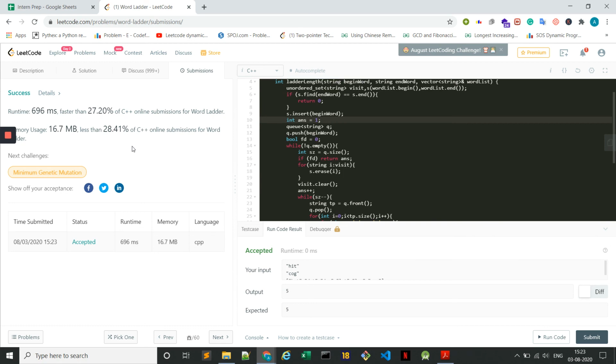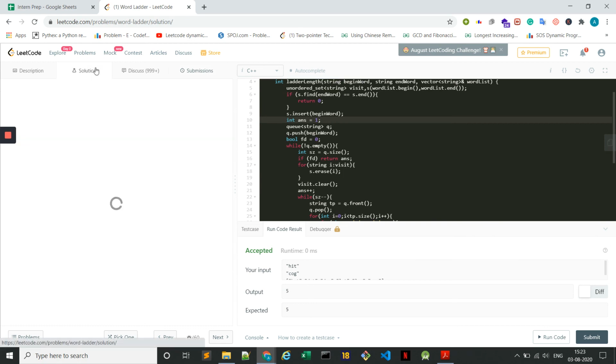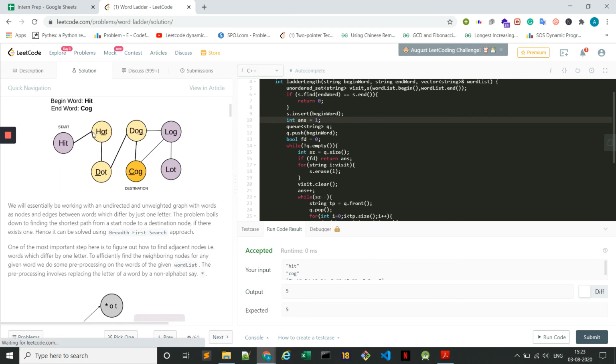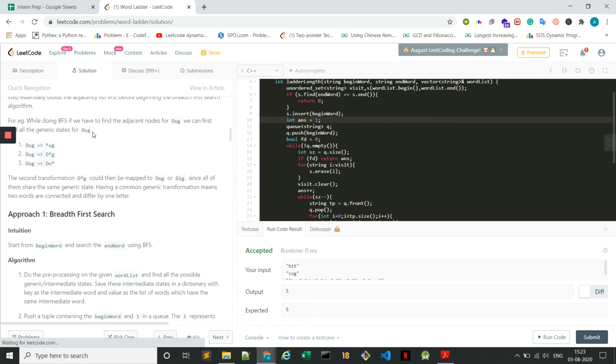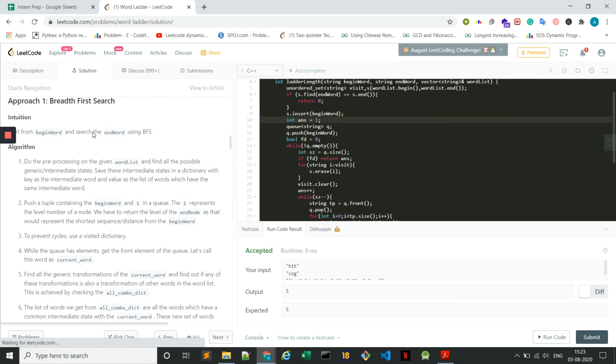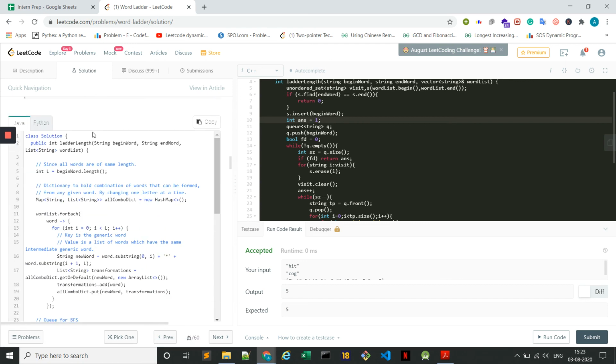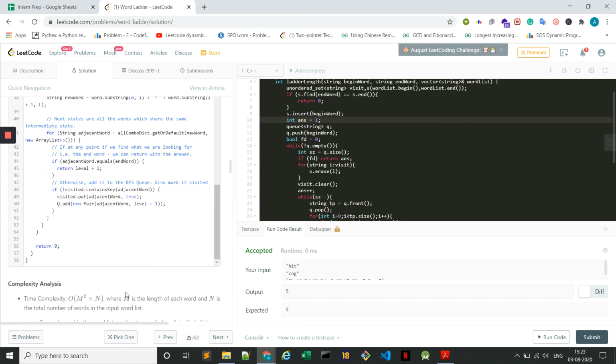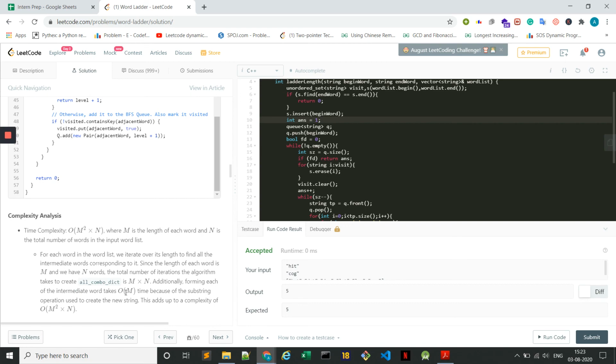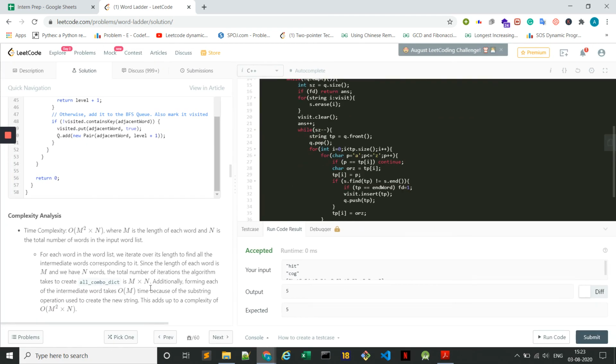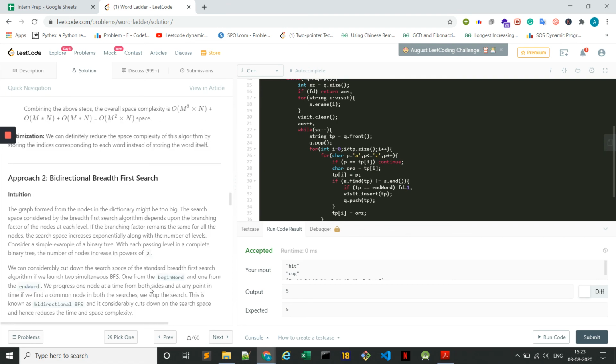So we have not done much better. There are solutions available to this problem. Approach one is BFS, with complexity M square into N. Then there is bidirectional BFS.